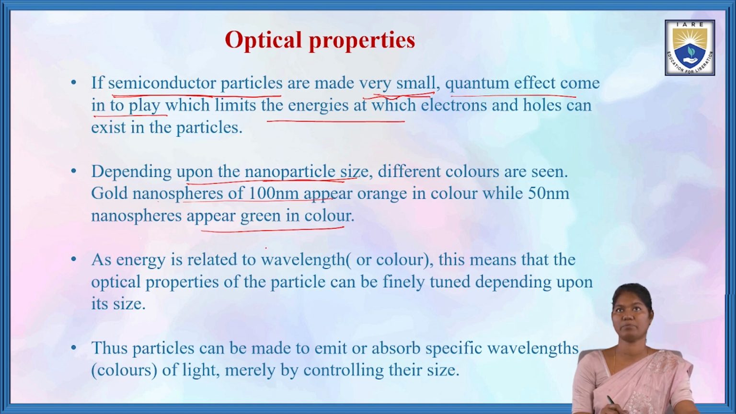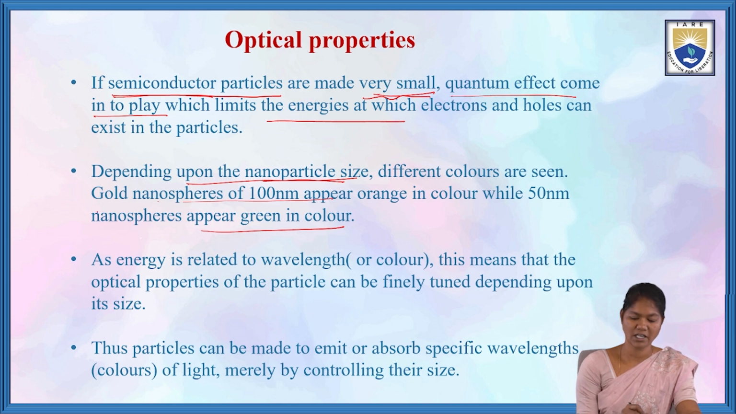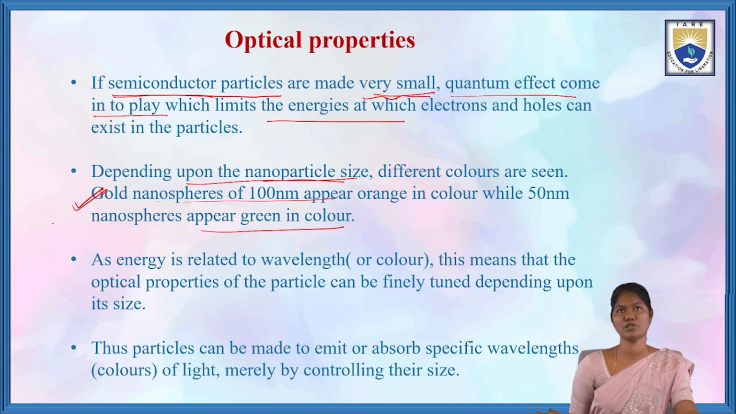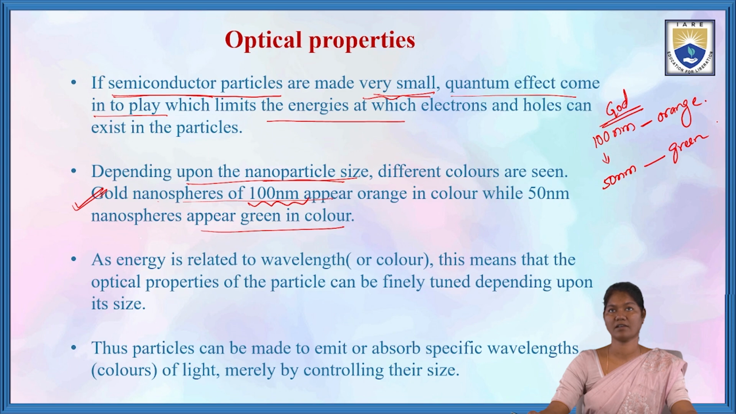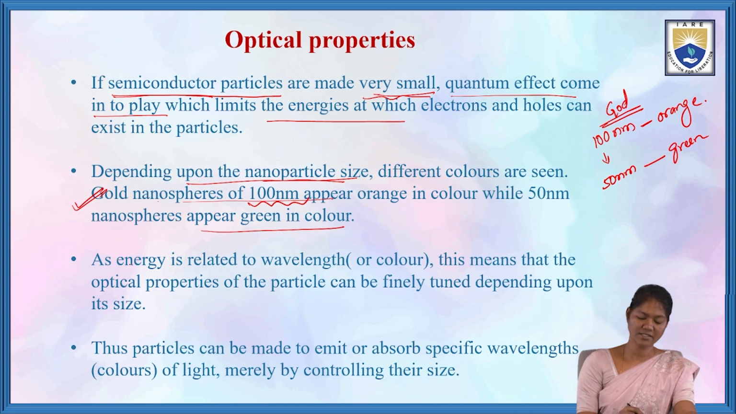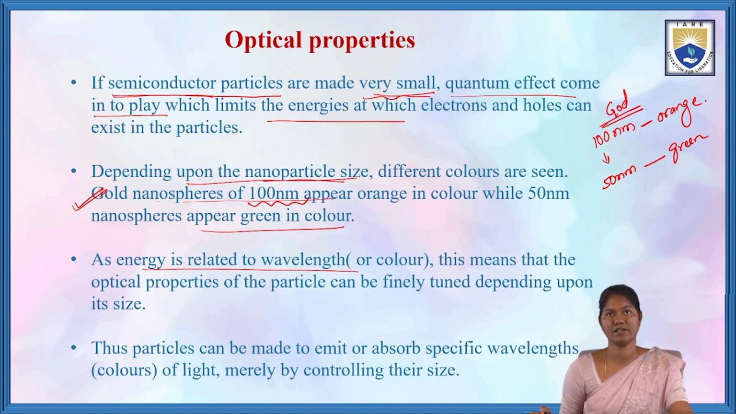So this is one of the optical properties of the nanomaterials. It couldn't be seen in the bulk size. Here, taking gold nanospheres of 100 nanometers, gold appears orange. When it is reduced to a 50 nanometer sphere, it appears green in color. As the energy is related to wavelength, this means that